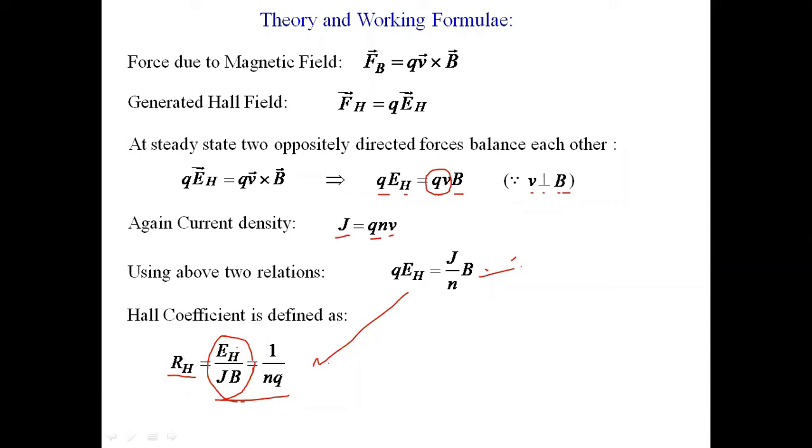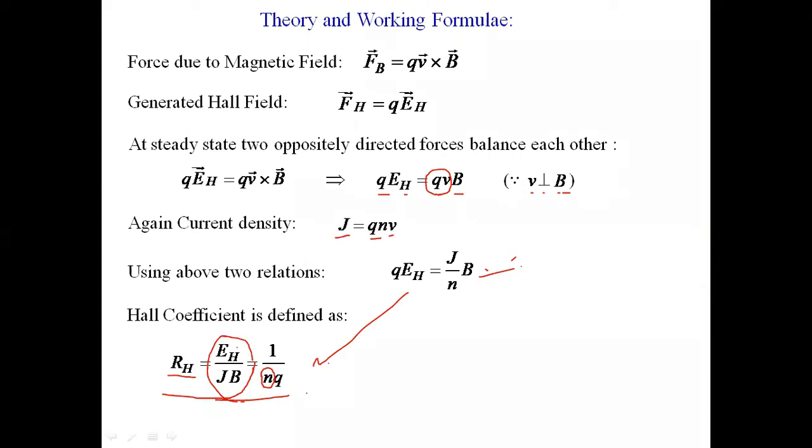So if we want to estimate RH, then we require N, that is carrier density, the amount of charges per unit volume, and the charge of each. Now the charge of electron, Q, is known, 1.6 × 10^-19 coulomb, but it is very hard to determine this N quantity, that is the number of charges per unit volume. So we cannot estimate RH from 1 by NQ. We'll use it the other way, and determine RH from the formula EH by J.